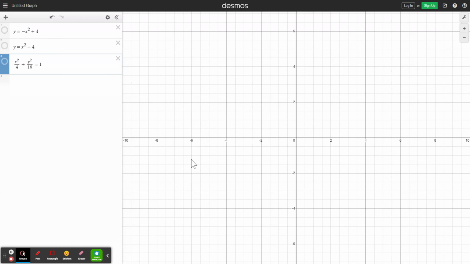Okay, so the question was, isn't an ellipse just half a parabola? This is an interesting question because it looks like it should be true. What I'm going to do is show you why it's not. Okay, so if you'll notice here, I have